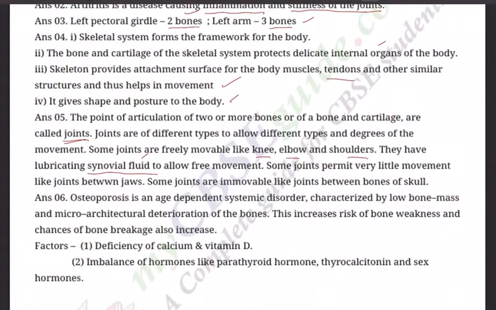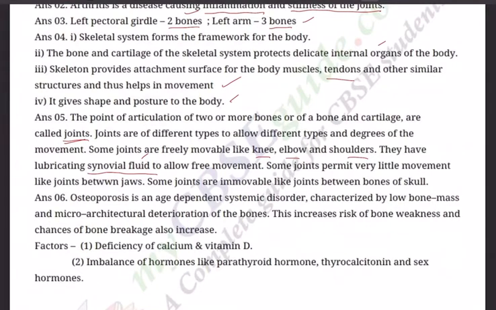I told you yesterday, sometimes because of age factor, because of the work that a person does, the synovial fluid will be dried up. So the entire area will become dry. As a result, a lot of friction will be there in the joint. So severe pain will be there. There will be swelling, inflammation will be there. So if this synovial fluid is dried up, then movements will be very, very difficult. Even if movements are there, forcibly we have to do movements and with a lot of pain.